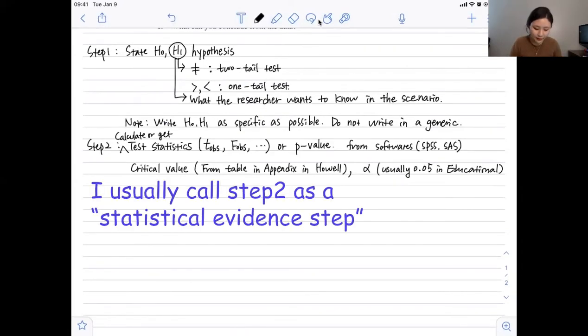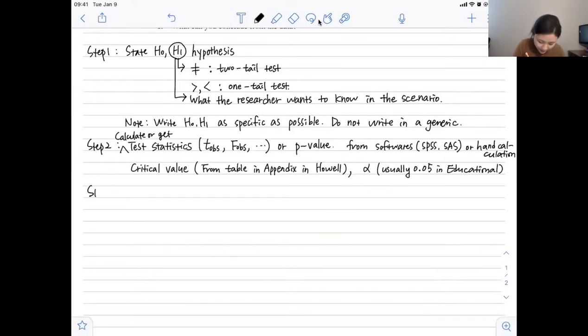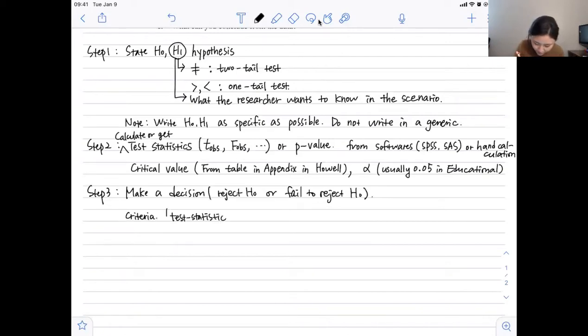So we need to calculate or get a test statistic or p-value from software or your hand calculation. And then step 3, we need to make a decision, which is reject the null hypothesis or fail to reject the null hypothesis. I'm gonna give you the criteria. If the absolute value of the test statistic is greater than the absolute value of the critical value, we reject the null